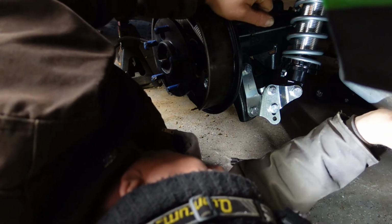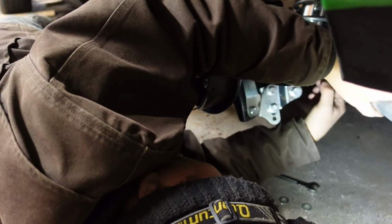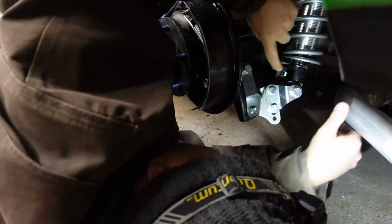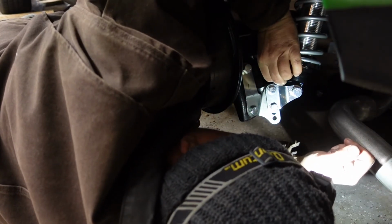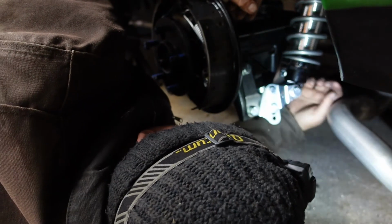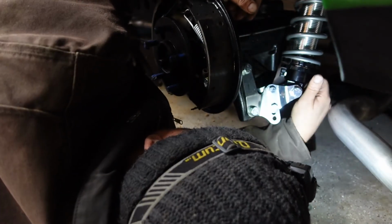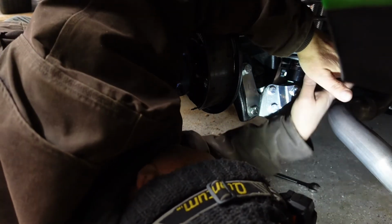I'll make it clear. But anyway, if I put the adjustment over here, it'll be right by the exhaust. So I think I'm going to leave it on the inside here. I think that's the best bet. I can still get in here and turn this. It would probably be more convenient to be on the outside, but I'm thinking that exhaust is going to be